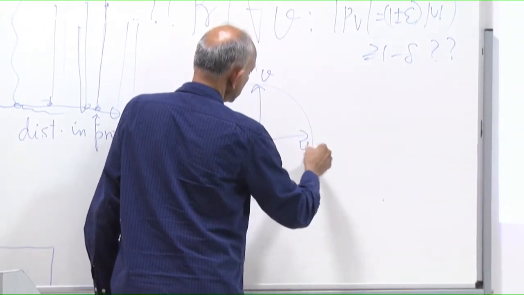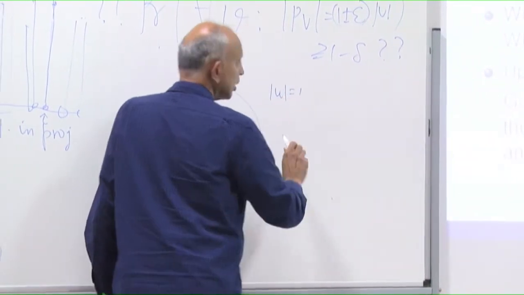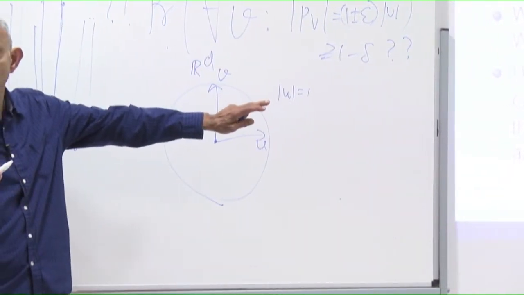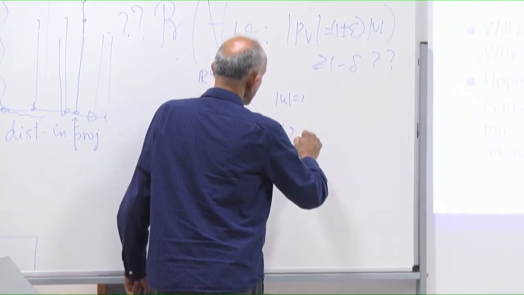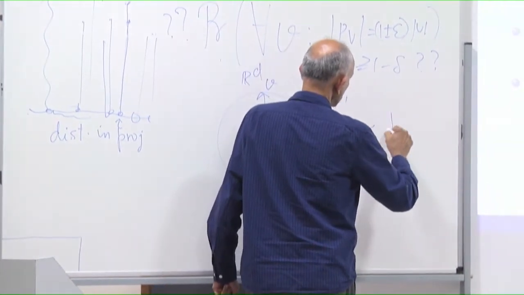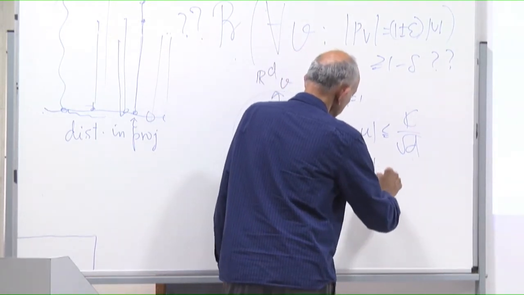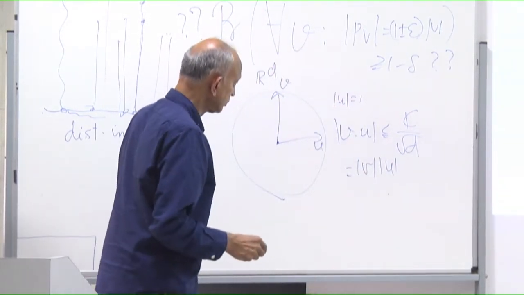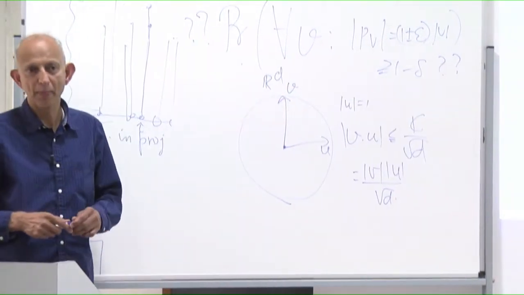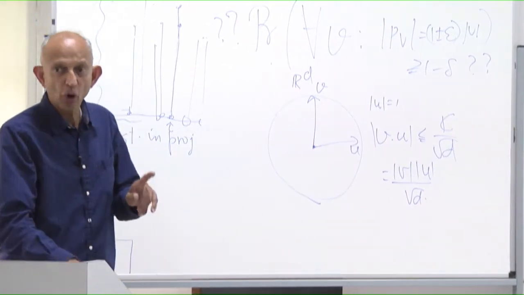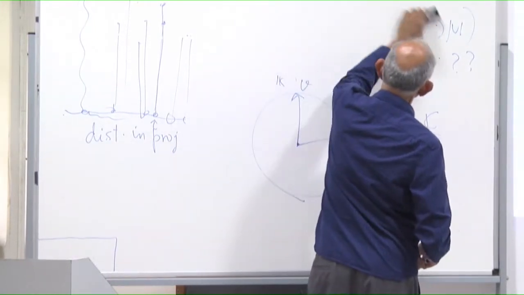and I pick a random u, we proved that u is unit length in this case. My u here is not necessarily unit length, it's of length root d, so there's some scaling, but here unit length, we saw that v dot u will be less than or equal to c over root d. But that's equal to the length of v times the length of u over root d, because v and u are unit vectors in that case. Okay. So I want to write this down, which I should have written on the slides, but it's worth remembering. I want to write this down